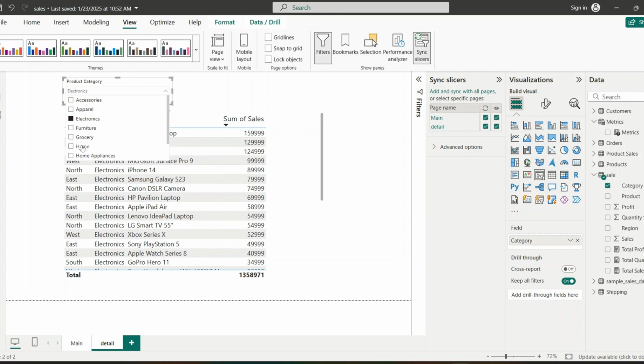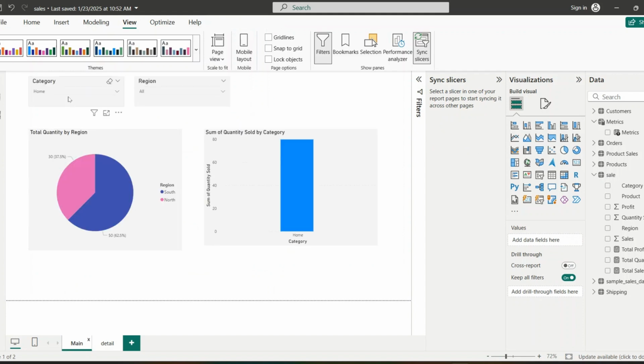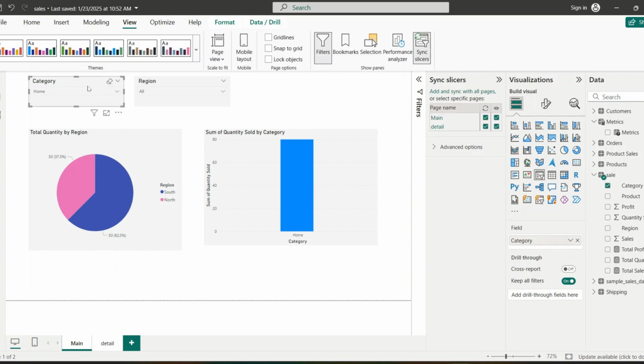Now let us select home in the product category and check whether it is affecting the main page. Yes, you can see this particular category is filtered for the home category. So this sync slicer feature helps us ensure that slicer selections are consistent across multiple